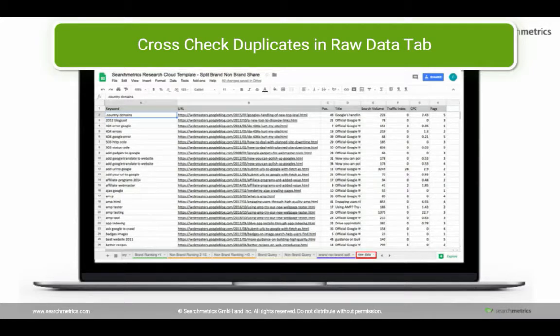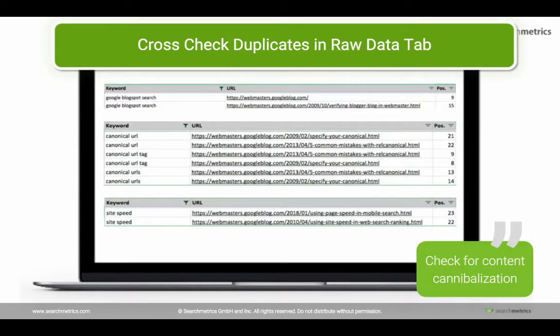So from all these 3 tabs, you can basically filter by unique or duplicates. In this case, we want to filter by duplicate and cross-check that keyword in the raw data tab. So as I mentioned before, if you go one slide further, here you can see what kind of URLs are ranking for this keyword. If you have, for instance, more than one URL, you can check cannibalization. In this case, for